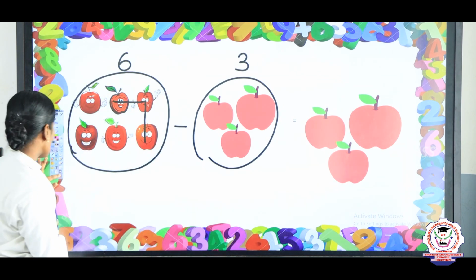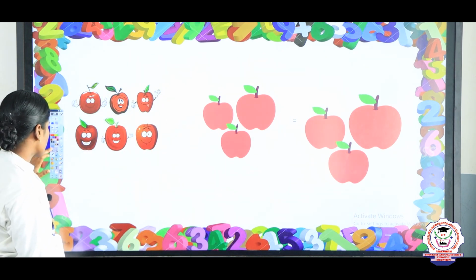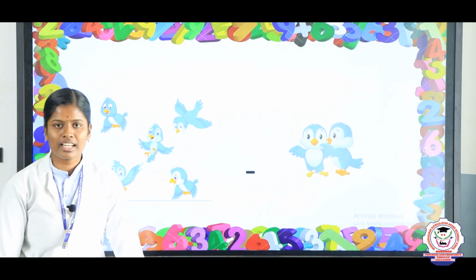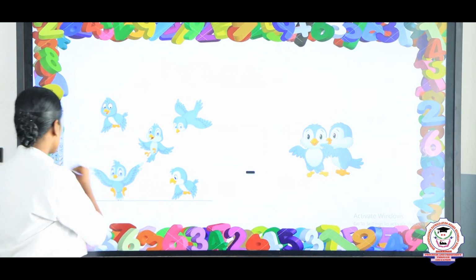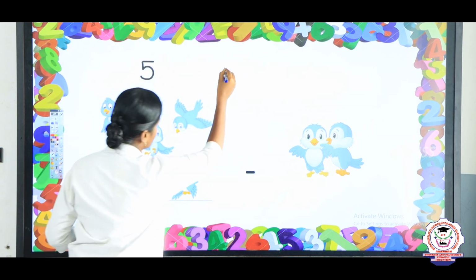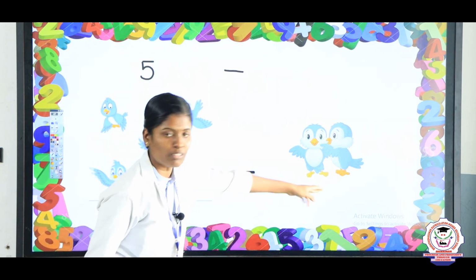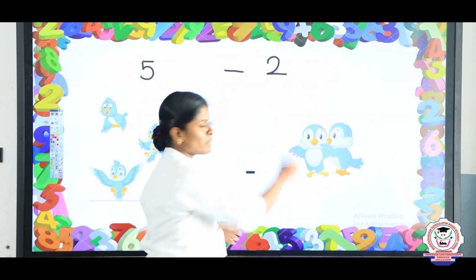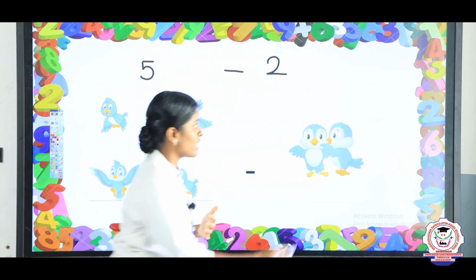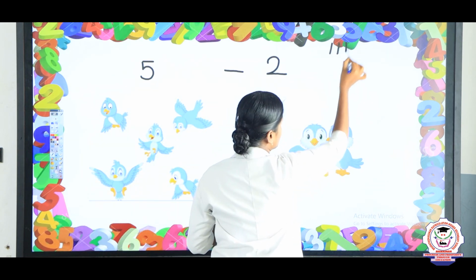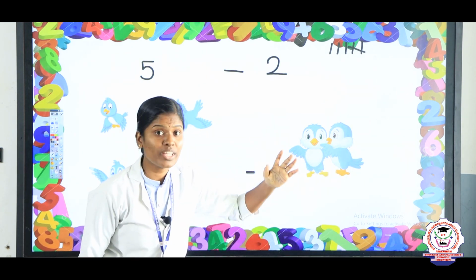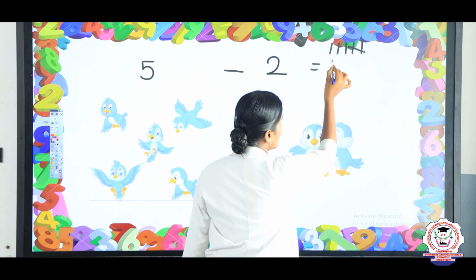Listen my children. Here totally we have 5 birds. How many birds are there? 5 birds. So write 5 and minus, and then here we have 2 birds. So what is the answer? 5 minus 2. Just put 5 lines and strike out 2 lines. Remaining you get the answer. Listen here. 1, 2, 3, 4, 5 and strike out 2 lines. Remaining how many lines are there? 3 lines are there. So the answer for 5 minus 2